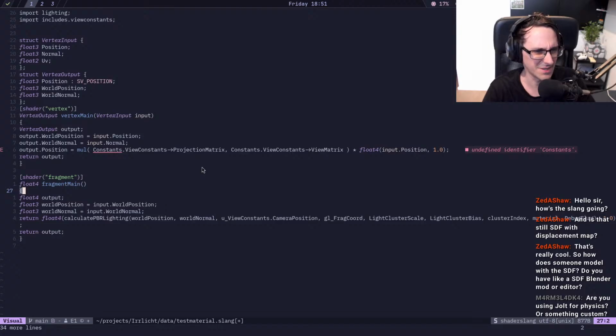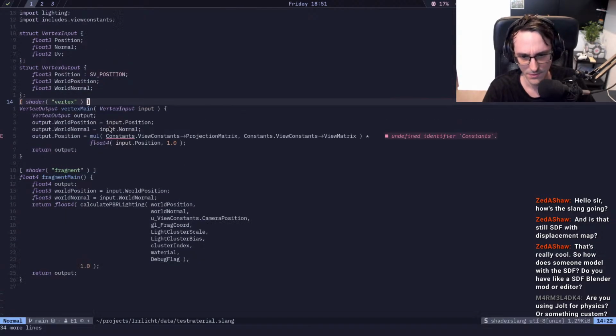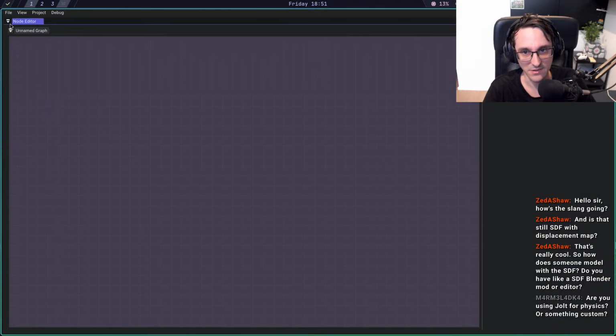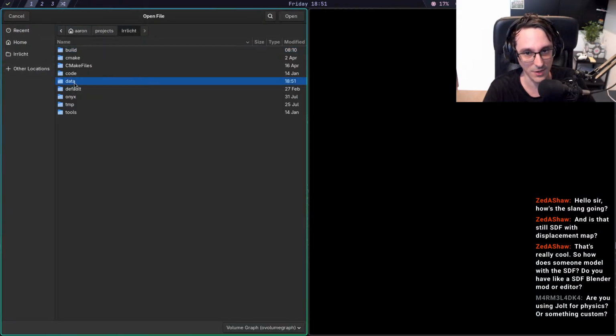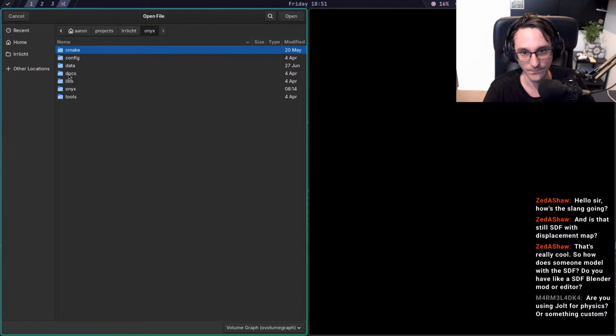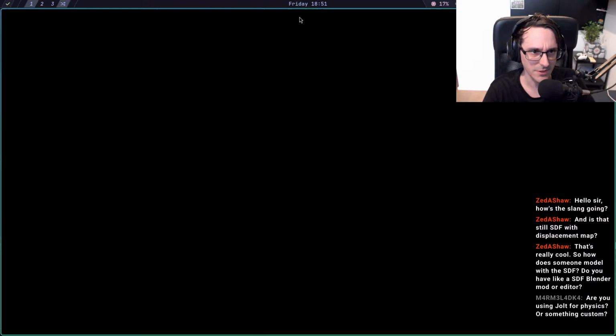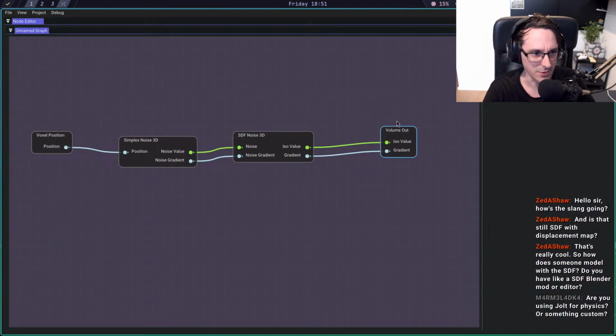Well, actually, that might not work. Well, let's see. The base terrain is intended to be controlled by as well a volumetric graph. I do hope I have one. To be honest, I'm not sure if I have one. Oops. Data. Oh, I do. Let's see if that still opens. Yeah, okay. So you have a volume out node that gets automatically created for you, and then you basically just